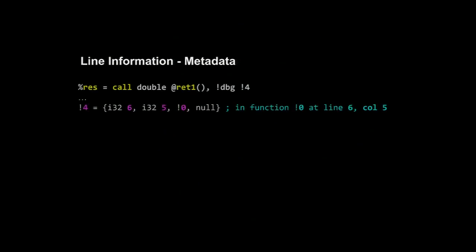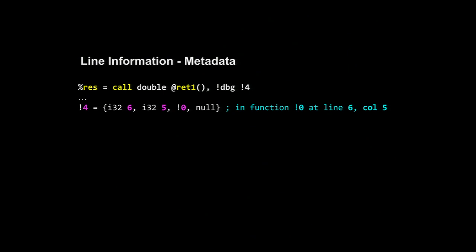So what this looks like on the metadata is actually really simple. This is actually the normal IR first. You're just calling a function. And then it's just a simple metadata tag on the end that references line, column, file inline data later. So we're in function #0, which looks like it was probably fib, at line 6, column